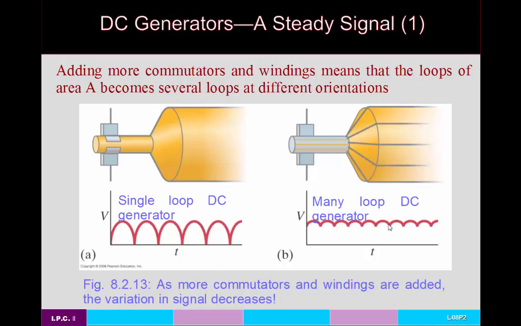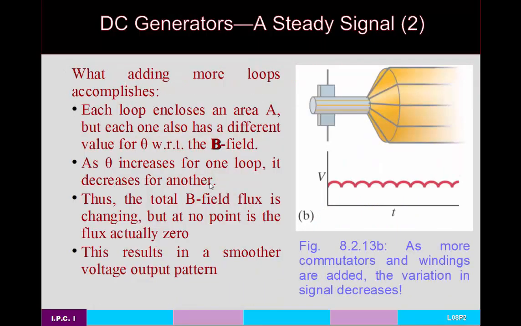You still have, for example, a large change in the flux itself to generate this large voltage, but the change in the change of the flux gets to be a bit less, and so you get this repeating pattern like this. And as you add more and more of these loops and commutators, you get basically less and less variation in your voltage signal. And the way that that basically works is that each one of these loops is enclosing